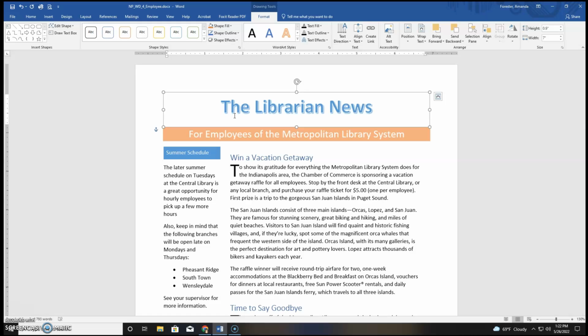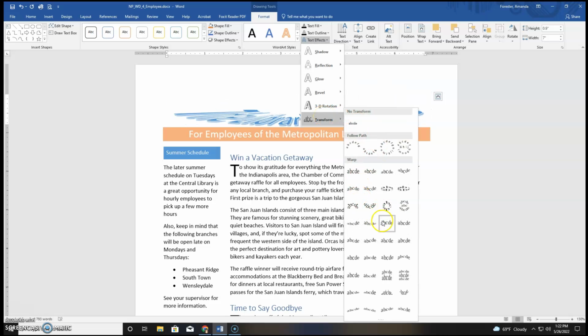We're going to go ahead and we're going to add a text effect. So with drawing tool still selected, under text effect, you're going to find shadow, reflection, glow, bevel, 3D rotation, and transform. They want us to add the chevron up transform. So I'm going to go to the bottom one, chevron up. I believe it's one of,